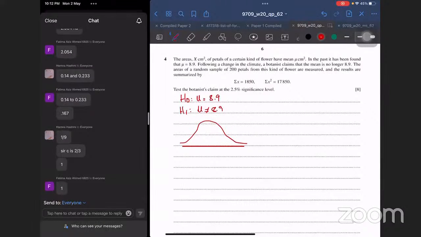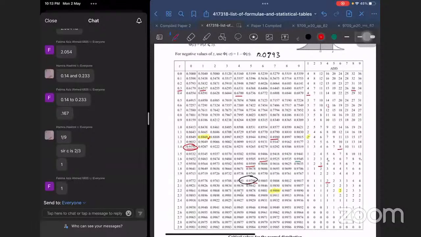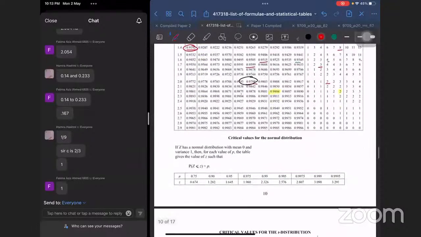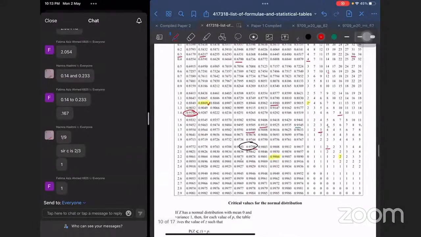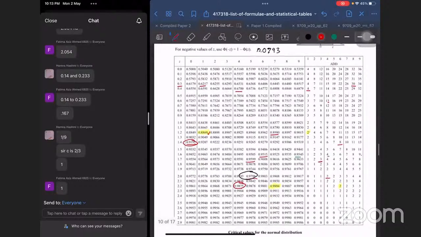ओके, सो क्रिटिकल रीजन ड्रॉ कर लेते हैं। टू टेल्ड है तो 1.25 यहाँ पे और 1.25 वहाँ पे, सो दिस गिव्स मी 98.75. ओके, 98.75 मुझे तो नहीं लगता डायरेक्ट मिलेगा। चाहिए था, सॉरी, हाँ 2.24।